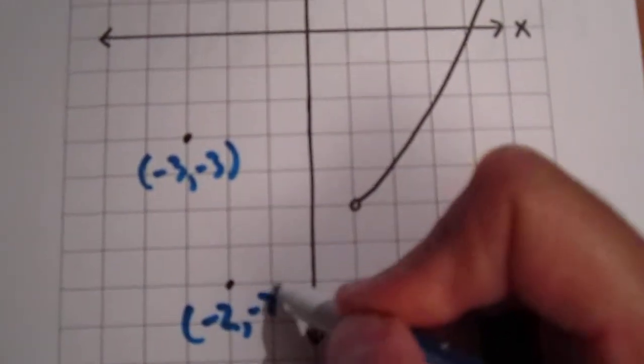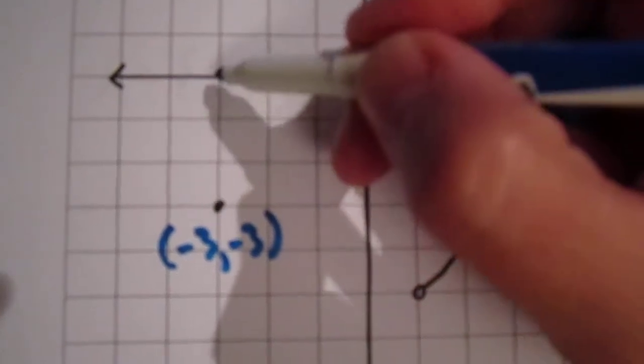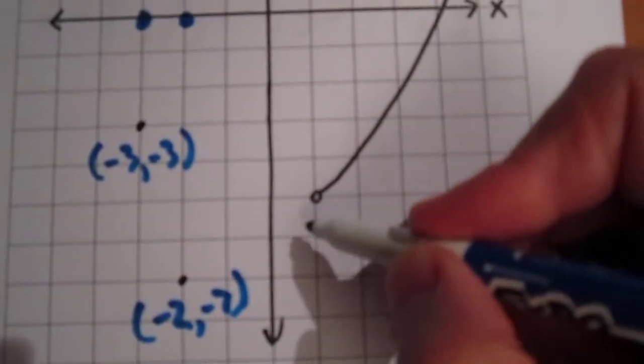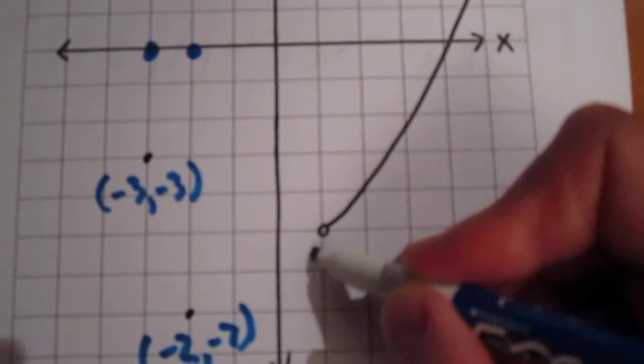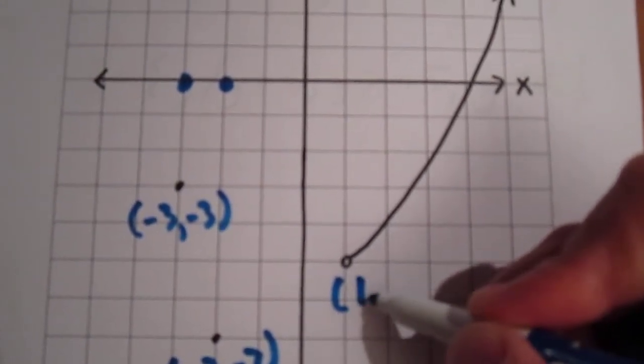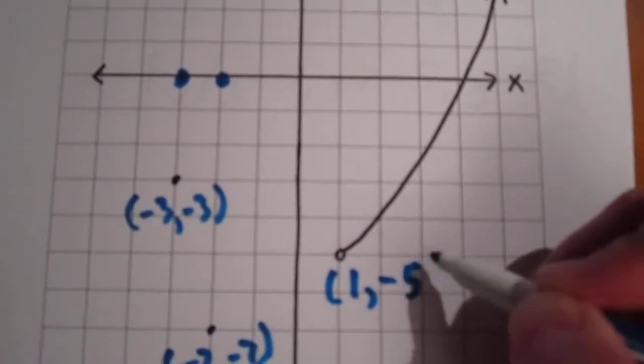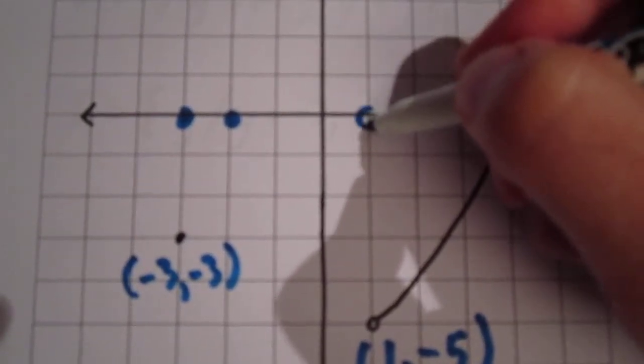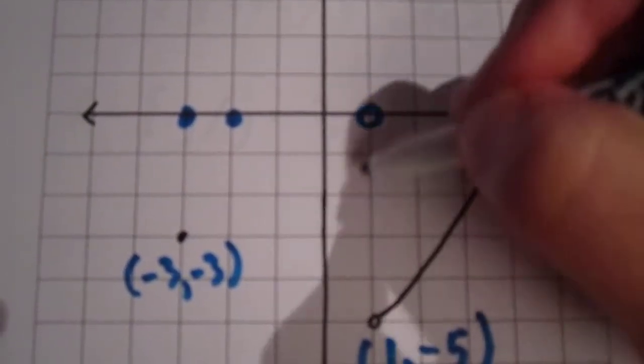That's good to know. So we shade in on the x-axis an x value of -3 with a closed circle and an x value of -2 with a closed circle. We then consider that this would appear to be the point 1, -5 with an open circle. So we put an open circle at the point 1, -5, or excuse me, at an x value of 1